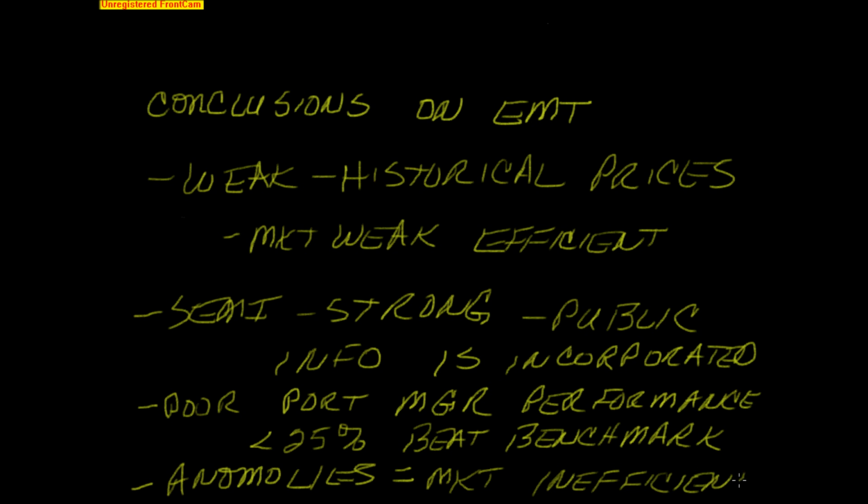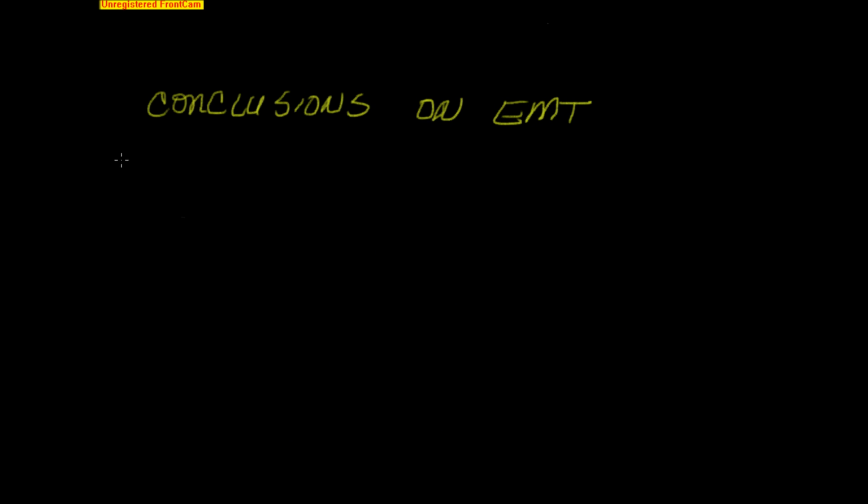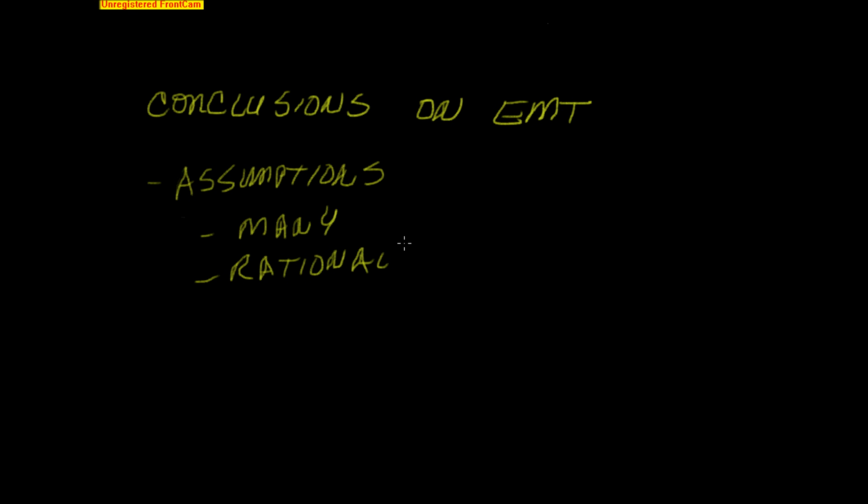So generally, these inefficiencies occur where the assumptions of efficient market theory fail. So remember all the different assumptions we have here. Let's just toss them up here briefly. Just as a refresher, anywhere these assumptions break down, so anywhere there's not many investors, rational investors, so profit maximizing investors, so incorporating information timely,